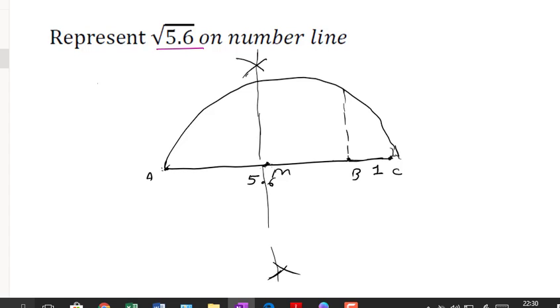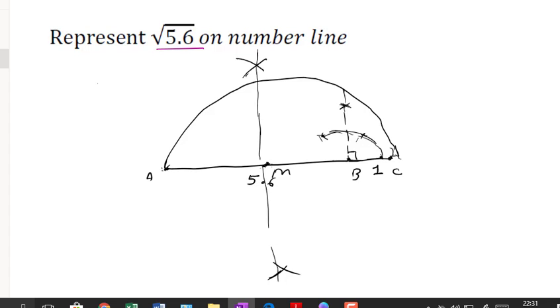To draw a perpendicular at point B, we have two methods. One is that I will draw an arc like this. Then with the same radius, I take this point as center and cut one arc, and two arcs. Each arc represents 60 degrees. So I will find the midpoint of these two points by putting my rounder at this point and drawing one arc like this, and from here I will cut the same arc and then join this point with this point. That will give me an angle of 90 degrees. So this is one way.